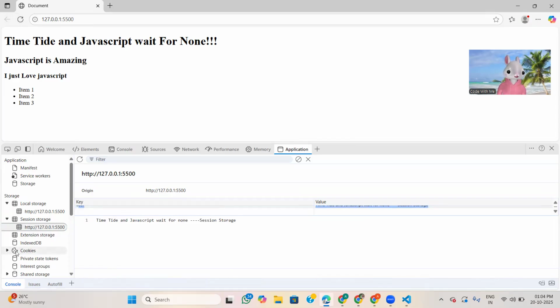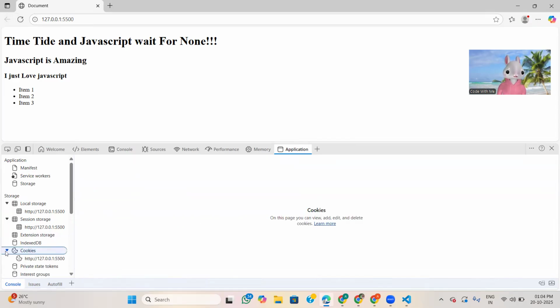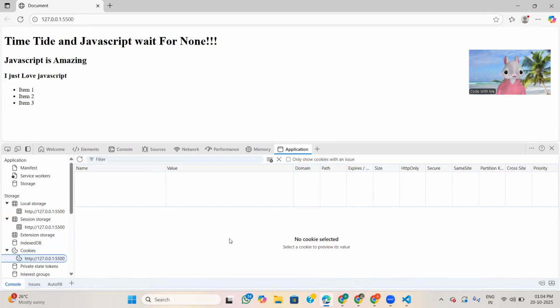So this is the way, and here is the cookie. I will show you for cookie also.